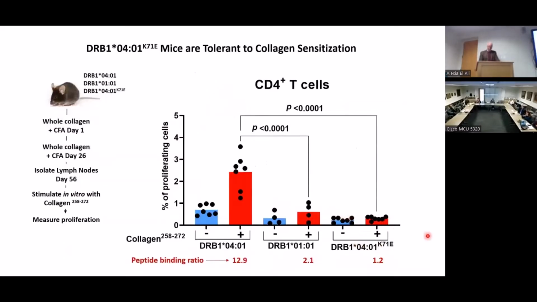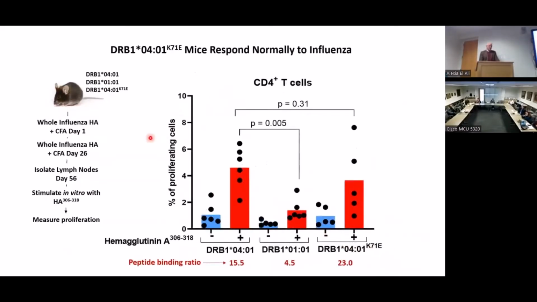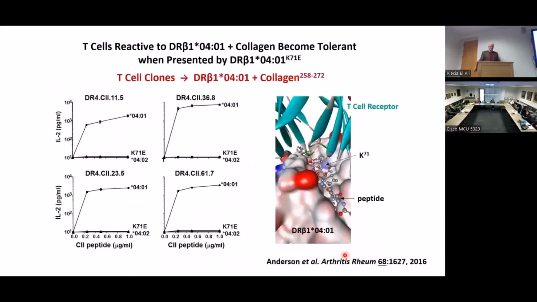If we look instead at influenza, the same experiment, but with influenza instead of collagen, you can see again, robust response with 0401, somewhat less with 0101, but it also binds less of the influenza peptide. And now 0401 K71E, a robust response because it does bind the influenza peptide. So then you might be saying, well, okay, that's all well and good to prevent RA, but